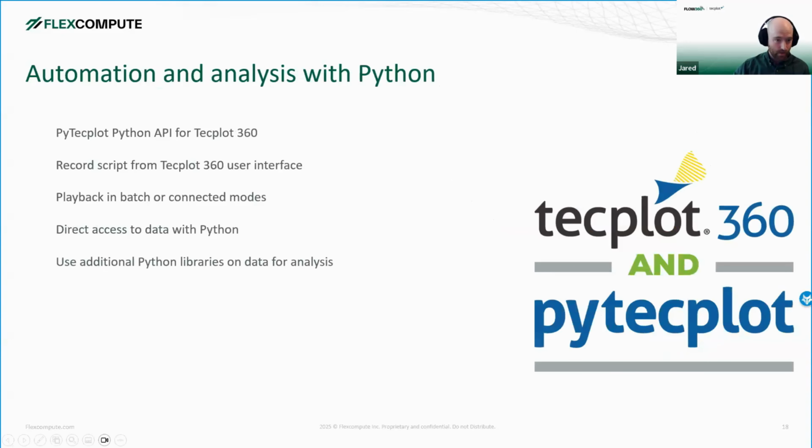So to make your post-processing workflow even more efficient, we have a Python API for Tecplot 360 named PyTecplot, which allows you to automate your work in Tecplot 360 either by connecting to an active session of 360 or by running in batch mode, including through distributed parallel processes. So you can also load any data file format supported by Tecplot 360 and then access the data directly with Python using PyTecplot. And what this does is it opens up tools for analysis of your data to include Python libraries like NumPy or SciPy, so that you aren't limited to just the analysis tools included in the Tecplot 360